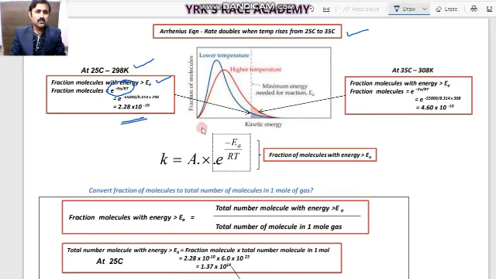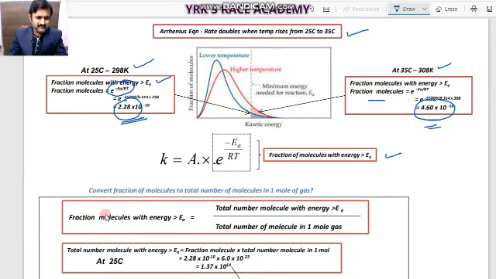For the fraction of molecules we got 2.23 times 10 to the power of minus 10 at 25 degrees Celsius, whereas at 35 degrees Celsius, that is 308 Kelvin, the calculation gives 4.60 times 10 to the power of minus 10. That means it is exactly double this number. It indicates that the fraction of molecules with energy greater than the activation energy doubles. So the activation energy is lesser than the molecules' energy in this case.